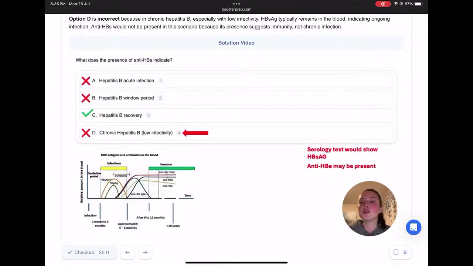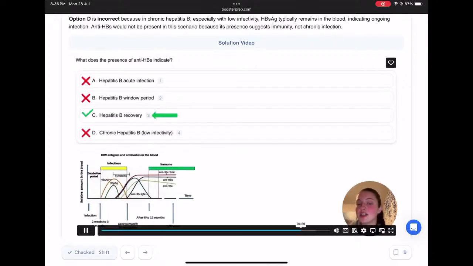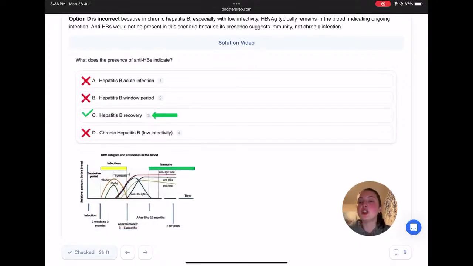So we know that this answer choice was incorrect because antibodies to hepatitis B surface antigen would not indicate a chronic infection. Just to reiterate, because that was a lot of antigens, a lot of antibodies. When you have an acute infection, you will just have hepatitis B surface antigens. When you have a chronic infection, you will have some hepatitis B surface antigens and also some antibodies to the